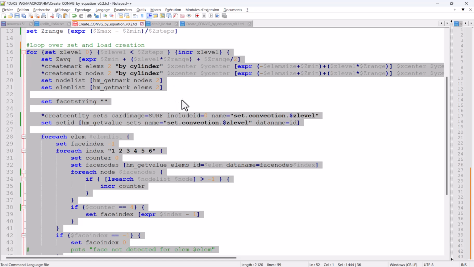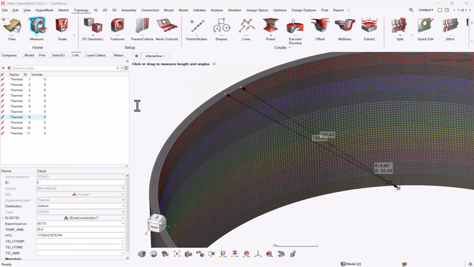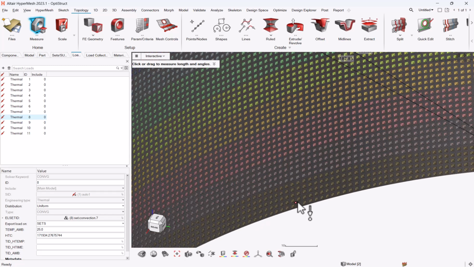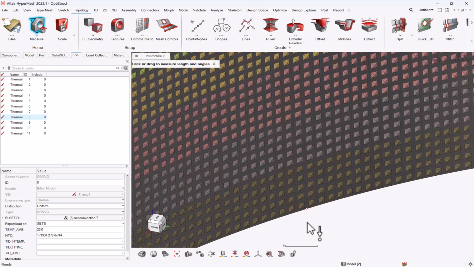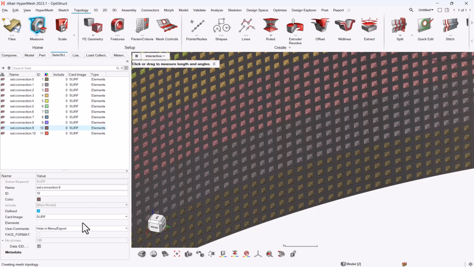In a few words, I'm selecting the first range of elements, I'm selecting the first range of nodes, and from this, for each element, when it comes to defining facets and not picking only all the elements, I need in the set to define not only its element but its facet. And to define these facets, I need to select not only the elements, but also the facet ID to be kept. So for doing this, I need to check which facet has its 4 nodes belonging to the inner selection